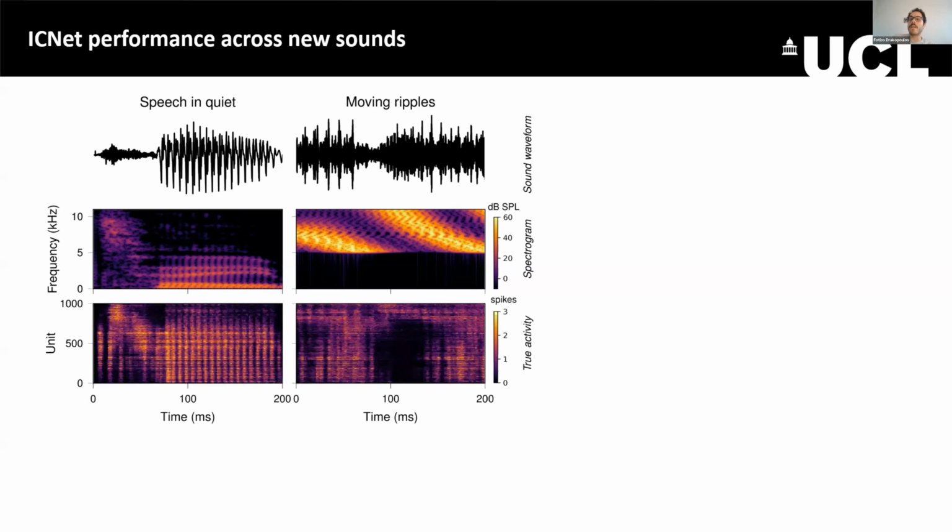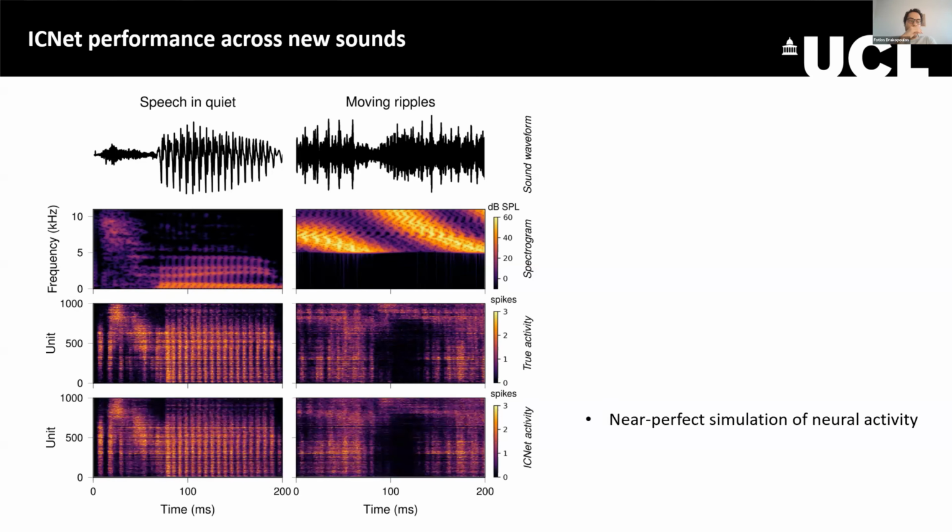And what we see when we record the responses to the sounds in the IC is that we get responses that look a bit like this. So this is across different units from different brains sorted by their characteristic frequency from low to high frequency. And we see, for example, for speech that the responses do look a lot like the spectrogram. But when we look at the ripples, we see something completely dissimilar to the spectrogram. And this demonstrates all these nonlinear sound transformations that actually take place in the brain and transform the sounds.